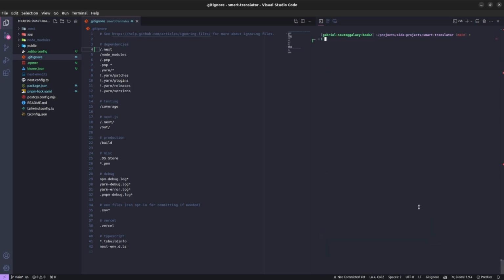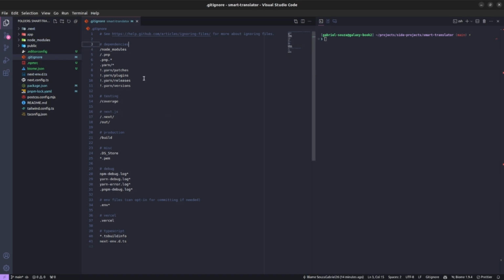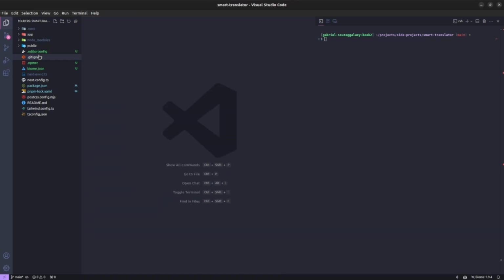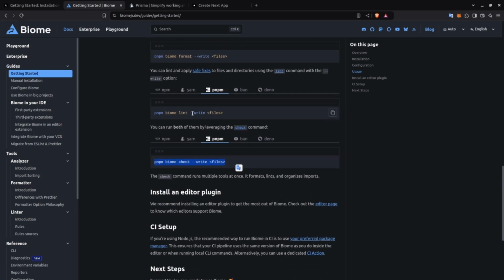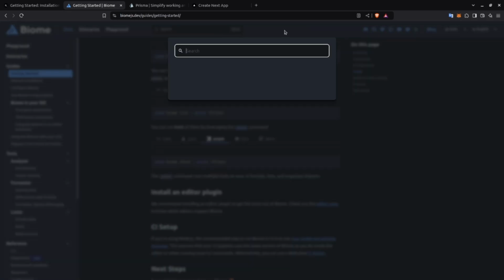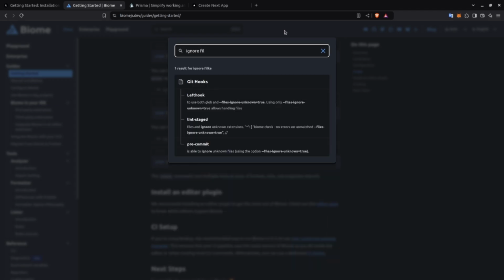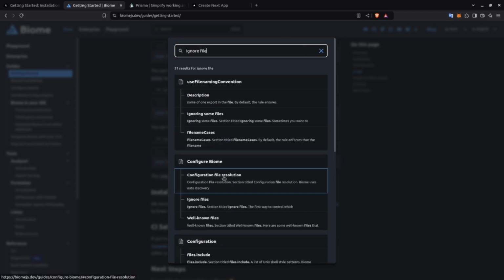Okay, but instead of just running this command, I like to run a specific command from Biome.js that lets you set these ignored files in the command line. So Biome.js has an ignore file option,